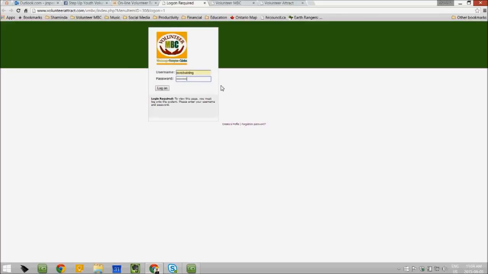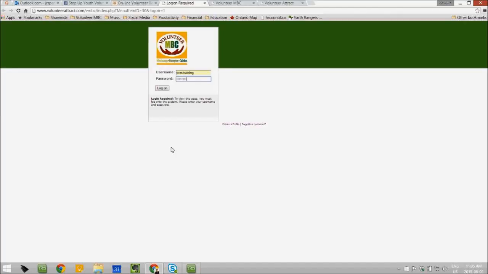An important note, in case you have forgotten your password, we have the forgotten password feature over here, with which you can reset your password. And if you have forgotten your username, please do contact us and we will help you to get your username across to you. This login is given to the organization, so there will be a single login, and whoever is entrusted to recruit the volunteers and manage the system, you have the opportunity of sharing your login details with anyone who will be supporting you.